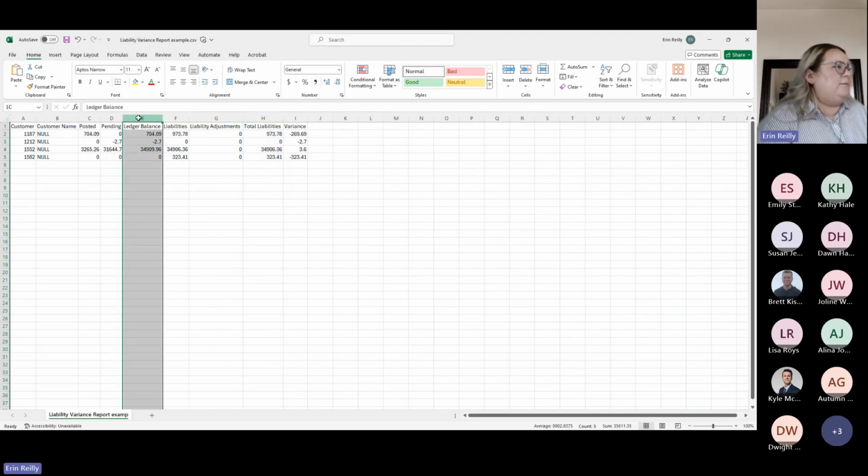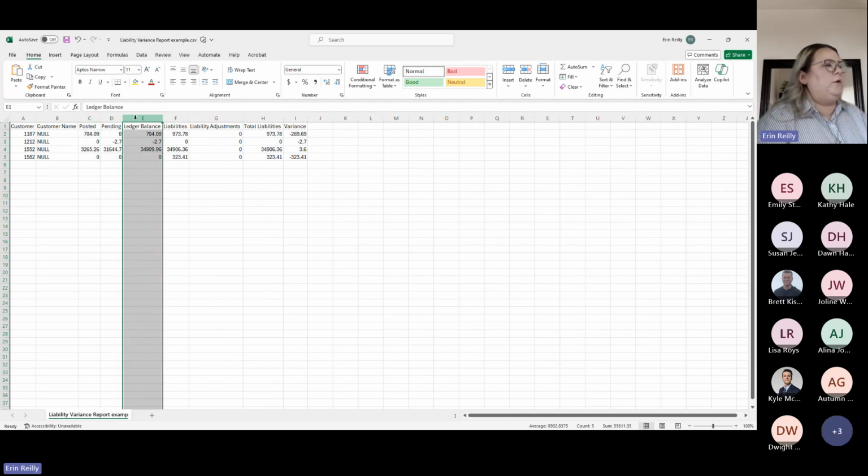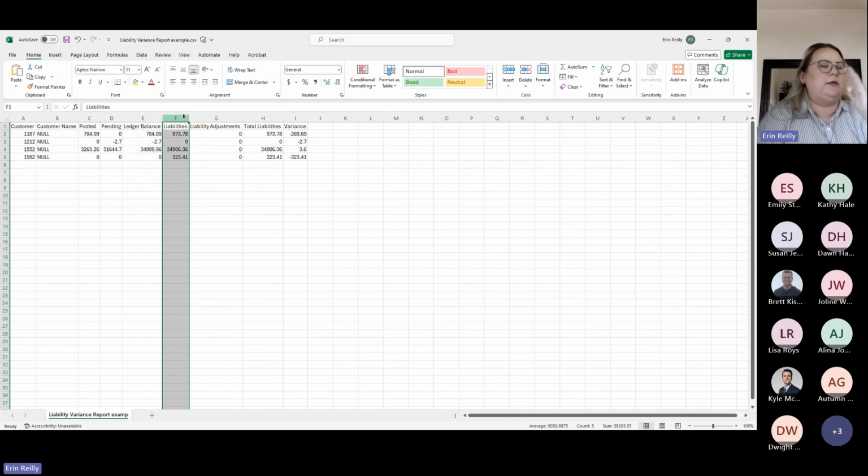So the first set here is everything contained within Finlee. Everything that you see on the search ledger for this customer, for the tax ledger, everything that's cleared plus everything that has yet to clear, we'll give you a total overall ledger balance that you're comparing to your outstanding liabilities reporting out